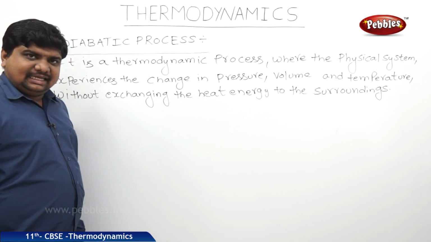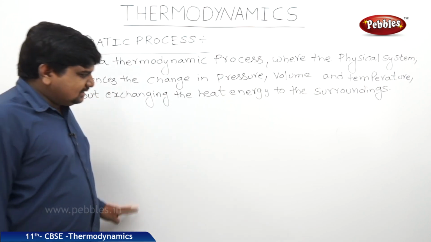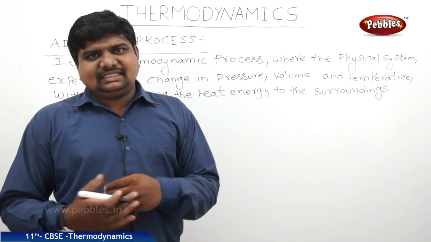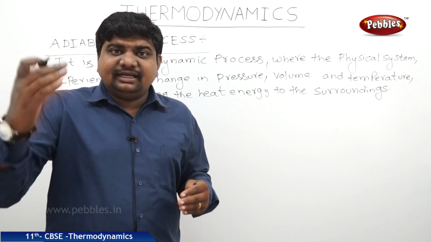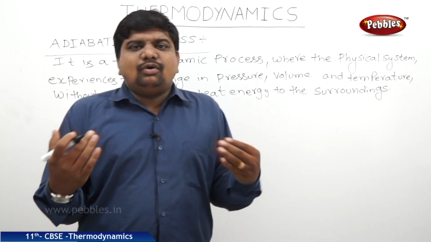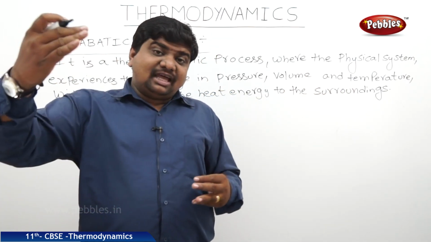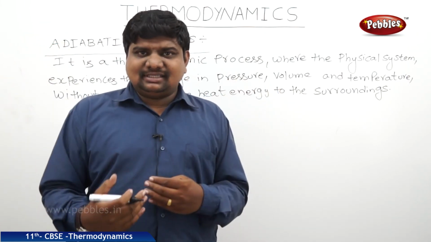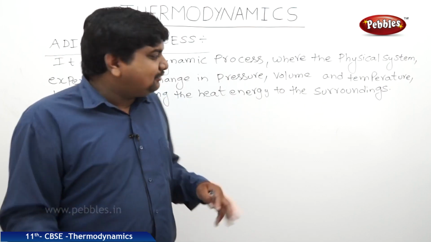So, what we can say, sudden change in pressure, volume and temperature means some changes that don't have much time to exchange the heat energy to the surroundings. Best examples, a gas allowed to expand suddenly or allowed to compress suddenly. Thus the gas molecules won't have sufficient time to exchange their excess heat energy to the surroundings. With sudden expansion or sudden compression, sometimes we will see the tire bursts, cycle tire bursts. This bursting is due to the sudden expansion of the gas. So these are all the examples for the adiabatic process.